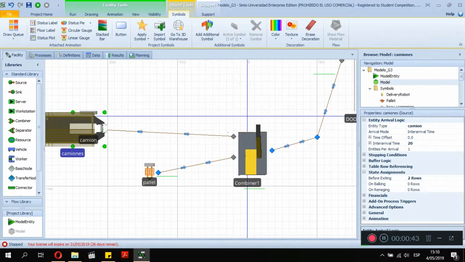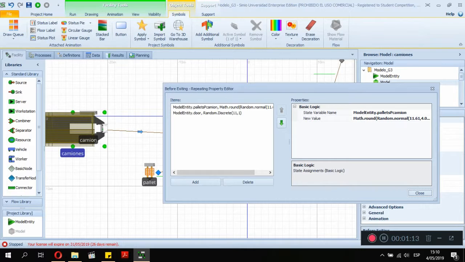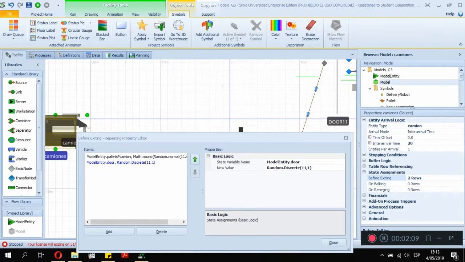First, it has an inter-arrival time of about 20. In the state assignment in our server, we configure the before-existing with 2 rows. This configuration is the output of each truck. The second row is to indicate our door. In this case, the door is number 11. We can view in this value the door number 11 with